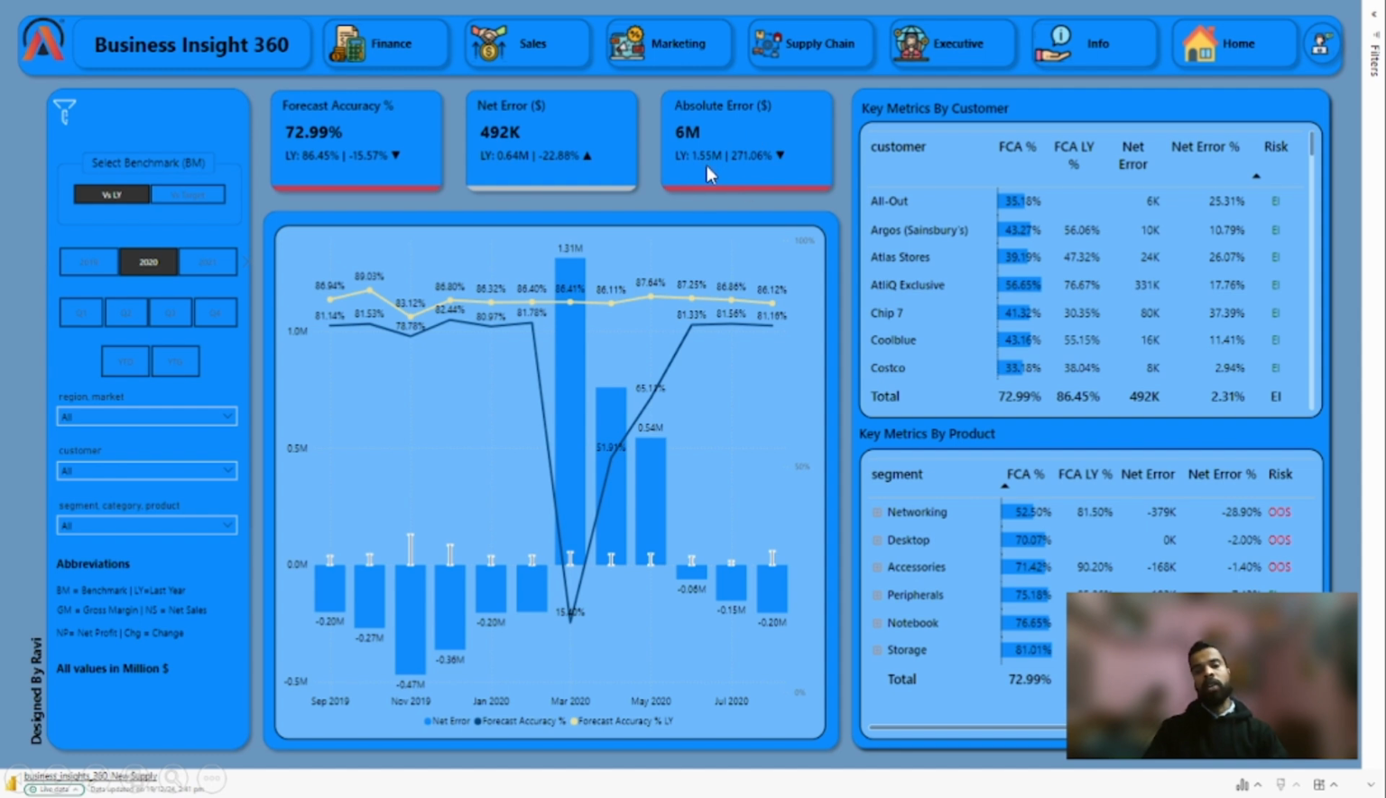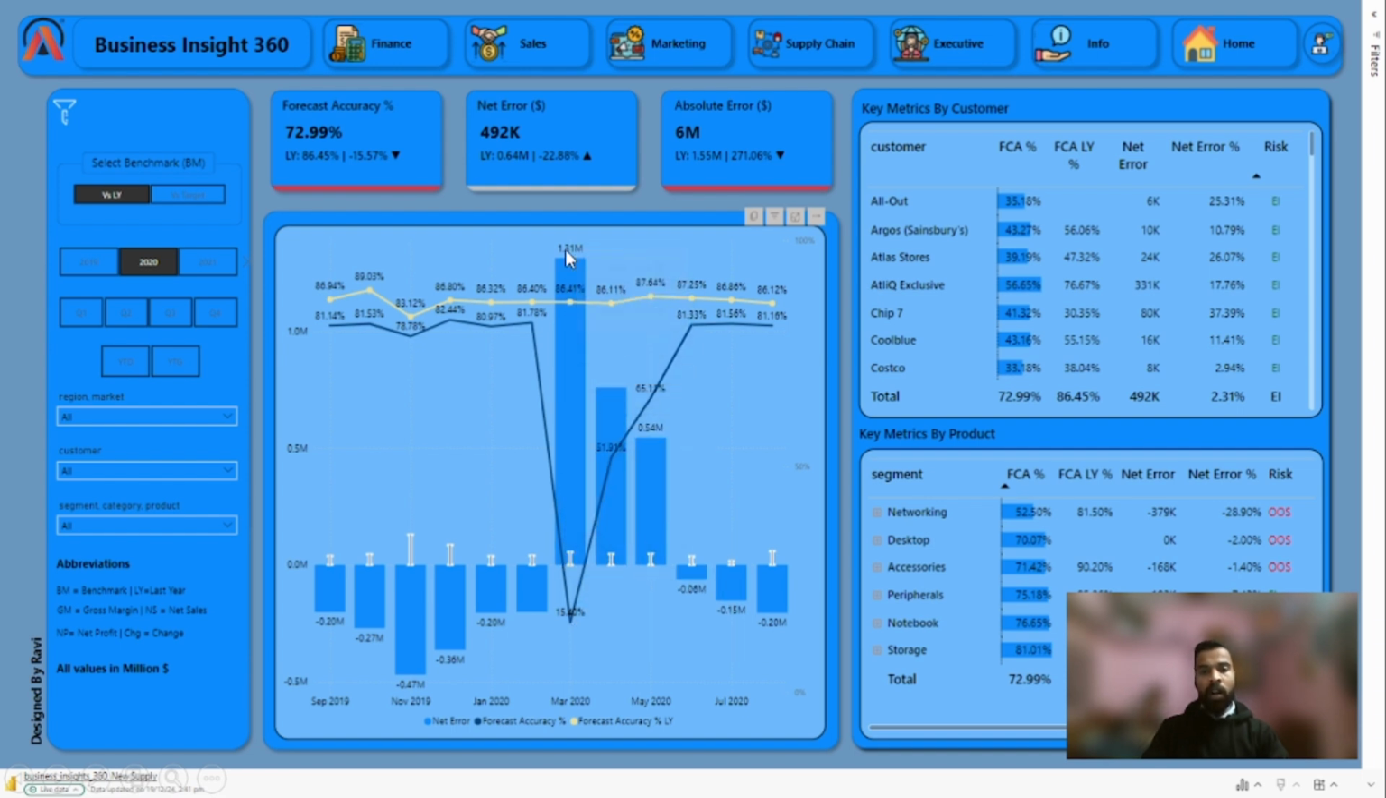The last year absolute error was $1.55 million, but this year, 2020, the absolute error is 6 million. That is much higher. This chart shows the relation for forecast accuracy. This yellow line shows the last year forecast accuracy, and this blue line shows the selected year forecast accuracy. So if we can see the dip, 15.42% forecast accuracy, and last year it was 86.41, and this column showing the